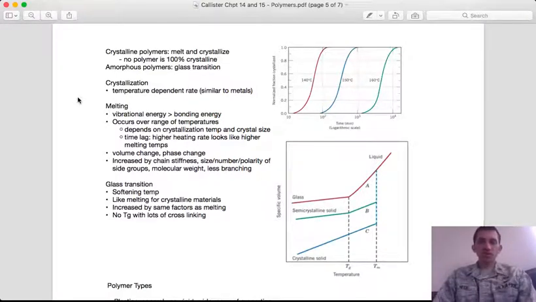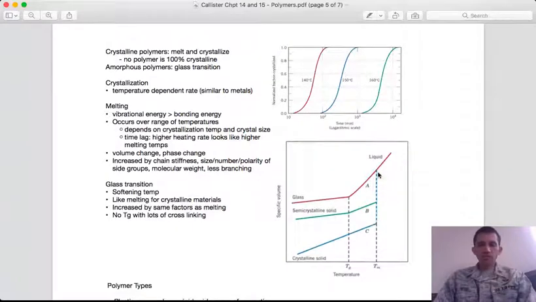And so when the bonding energy is winning, you have a crystal. When the thermal energy is winning, you have a melt. For a crystalline material, this is a defined point because basically every atom is in the exact same position. And so when one atom has enough energy to resist its bonding, then they all do. And so they're going to melt at a defined temperature,